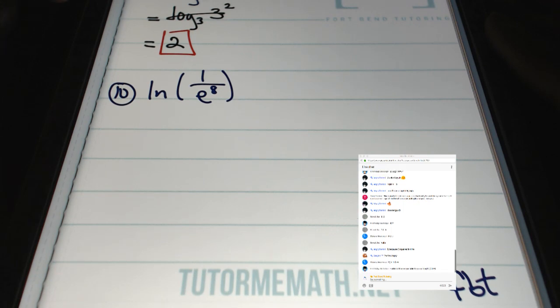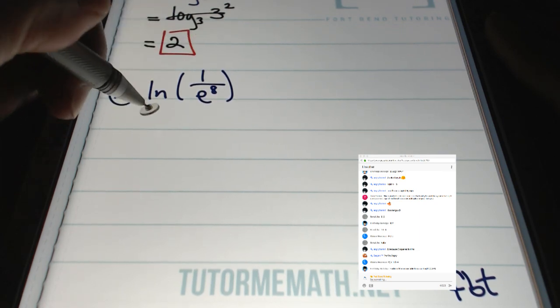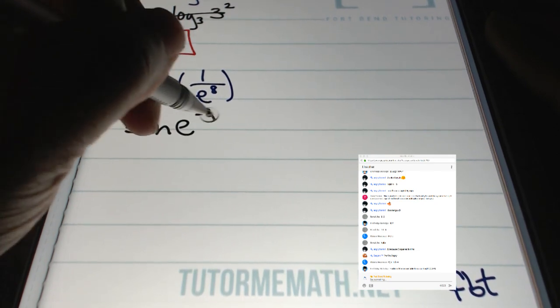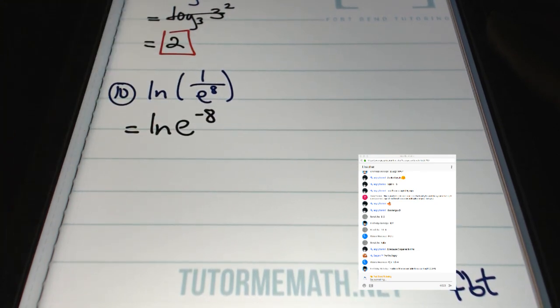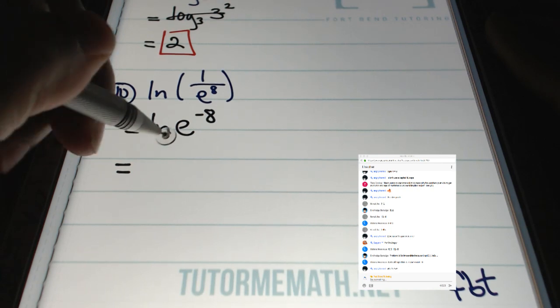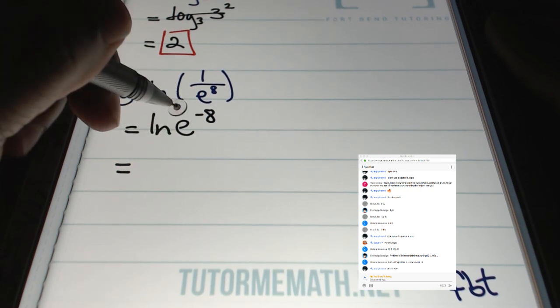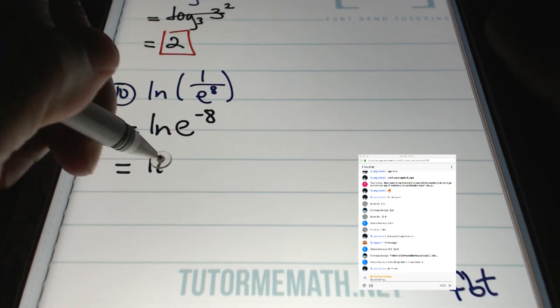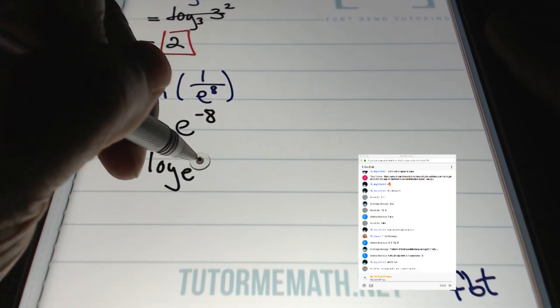For problem number 10 here, we have the natural log of 1 over e to the 8th power. The first thing I would do in this problem, guys, is rewrite this as the natural log of e to the -8th power. Then, once I have this, we could show, if we wanted to, that the argument's base and the logarithm's base are identical, because this could be rewritten as log base e of e to